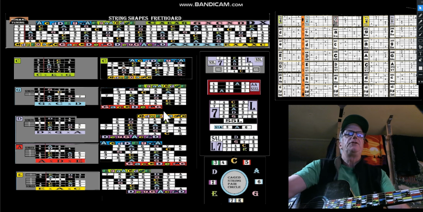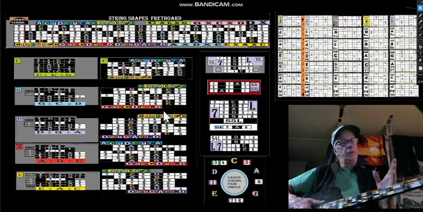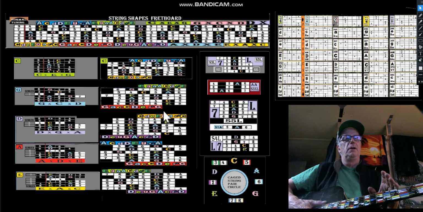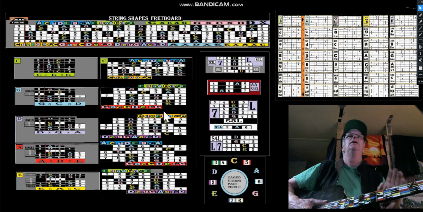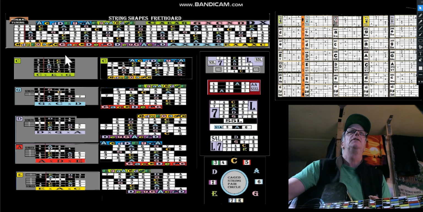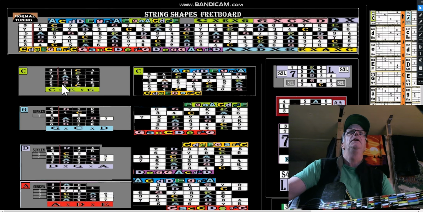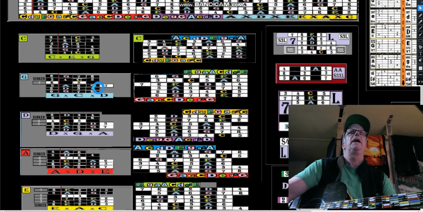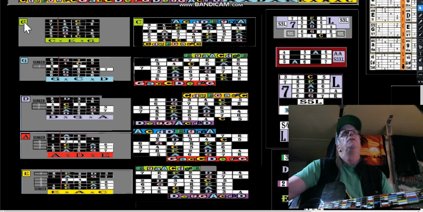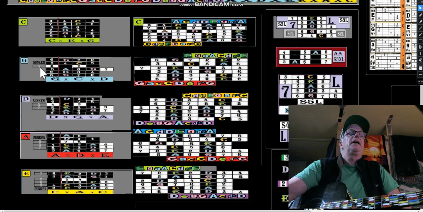But we don't have to do the keys of CAGED. We can do one key with the 5 shapes. Okay, so look at this. The CAGED word would go. These are arranged in order of adding sharps and flats. So from the key of C you go to the key of G, you'd add F sharp, and then add C sharp, and you get the key of D. All right, and then add